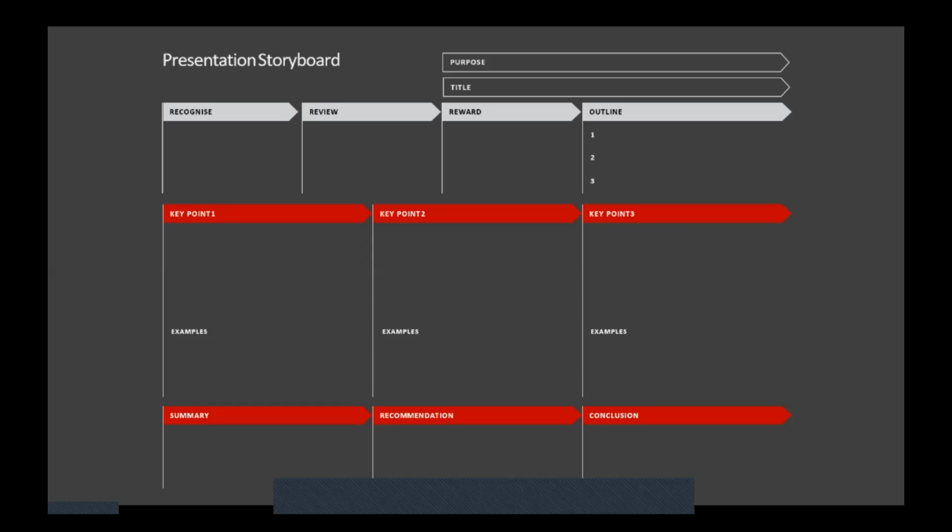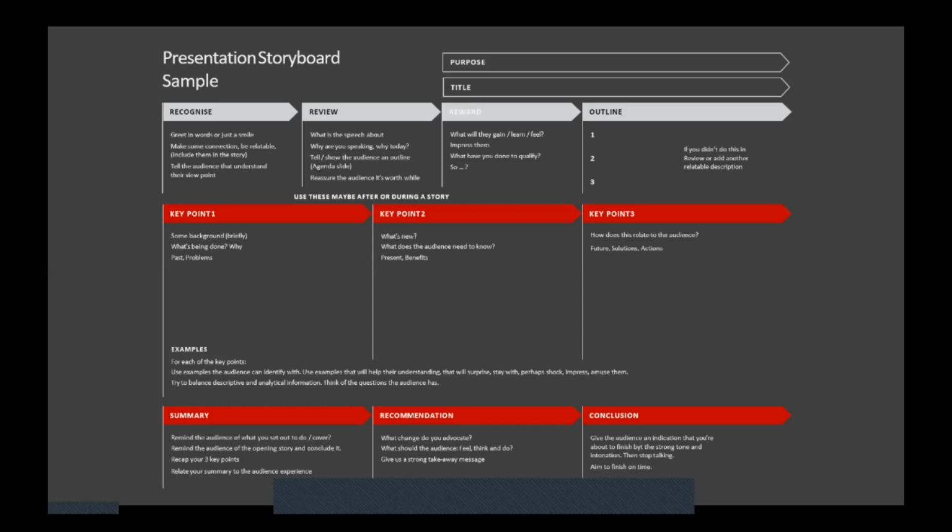You see, we start off with why we're going to do it, who we're recognizing, the audience, then breaking it down into the key different points, and then a summary, recommendation, and a conclusion. Let's have a look at it populated. So I've populated one for you just to give you some points to move through and some questions to ask. So when you get these slides, please, if you're thinking and stepping back, how do I